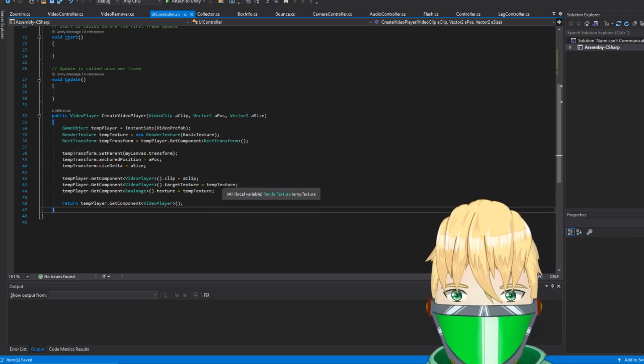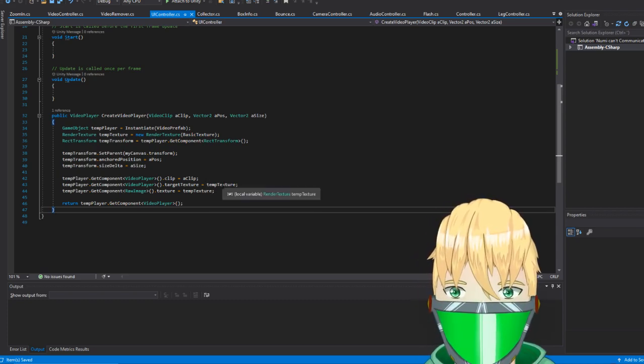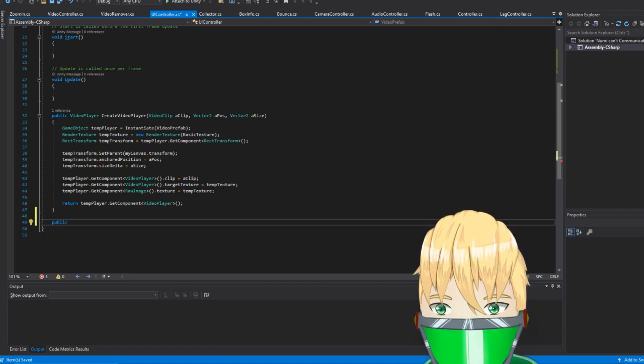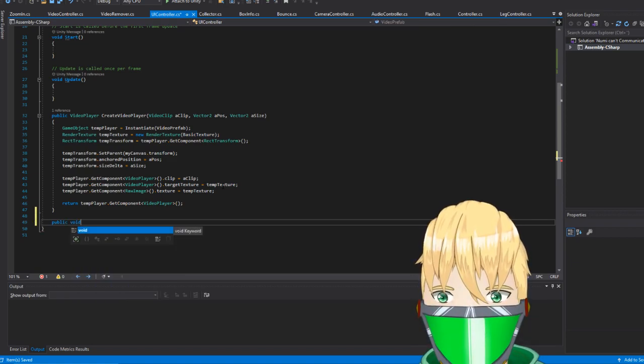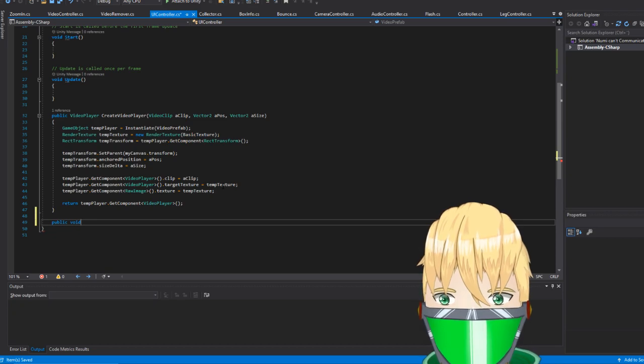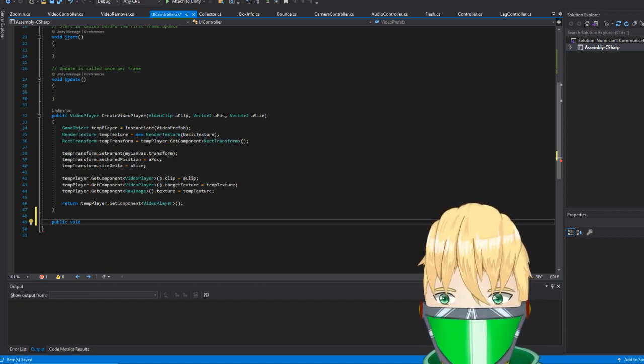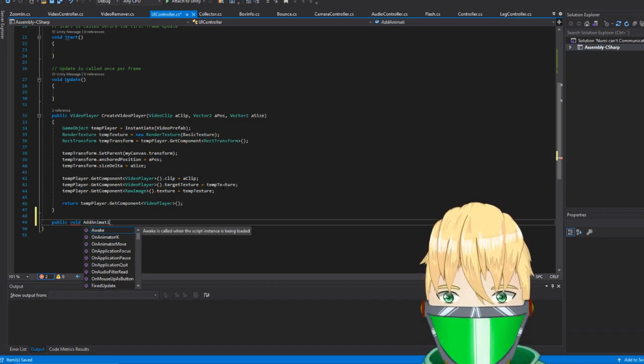We want to streamline this, so if we actually want these animations on any other. So we want a public... I guess void we can use. I don't think that will impact anything. And we can send a game object here. So public void add animation.